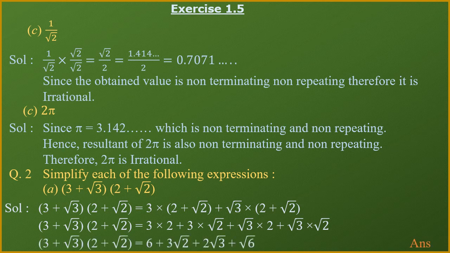Now I take the first term here. 3 and 2 when multiplied became 6. So the first term is becoming here 6. 3 and root of 2 I cannot multiply because one number is in the form of an integer and the second number is given in the form of a square root. So these two numbers we cannot multiply, so we shall simply write it down in the form of multiplication.